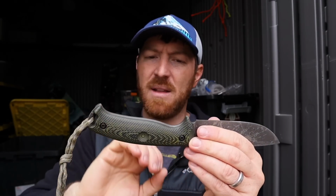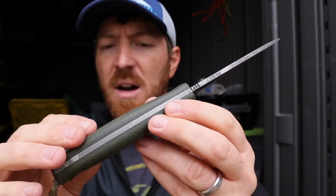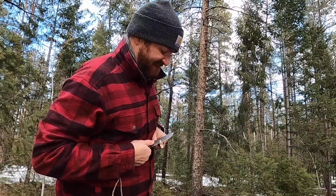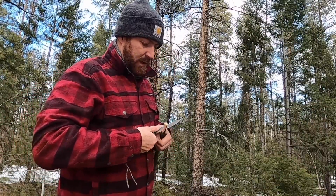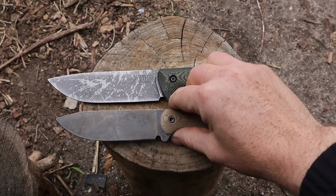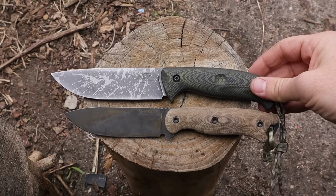Knives, say as an example, the SE4, I don't feel like the SE4 needs a choil. It's compact as it is, and I believe it actually kind of pulls away from some of the capability in that compact size range. This doesn't have a finger choil, so you're able to get right up on it. Good guard, that full tang construction, obviously, and then coming in with that thinner stock at about 0.15 or 0.16,